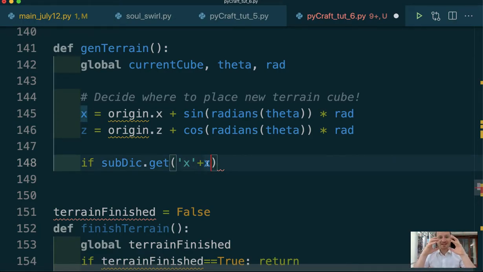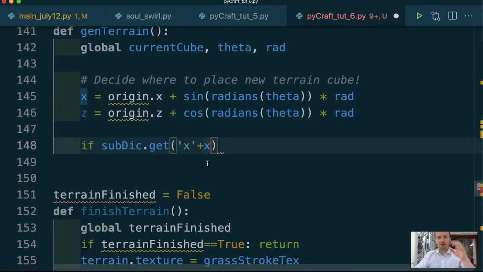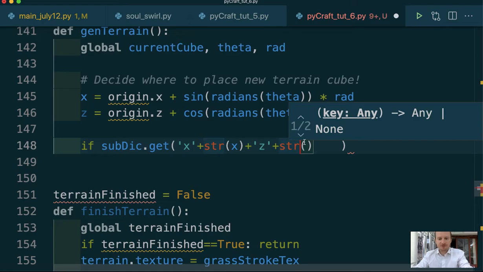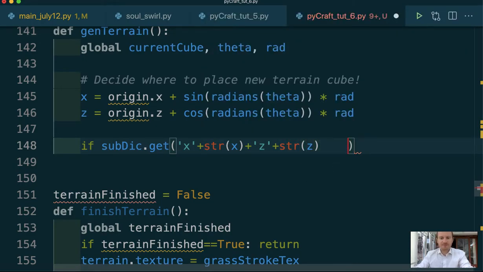And so what we're doing is concatenating a string. So we're building up that code like x3z minus 56, for example. To make this a string, I just need to wrap that variable in str. Then I need plus z, and then I'm going to add whatever number we're at here, make that a string, and just put in whatever number we've got, z there. There we go. So if that equals I,